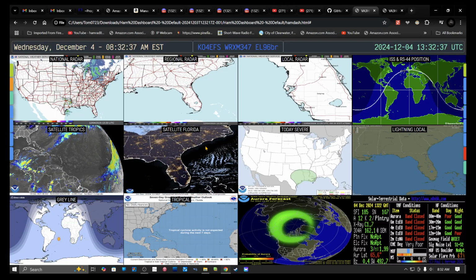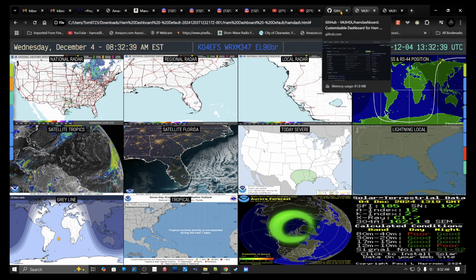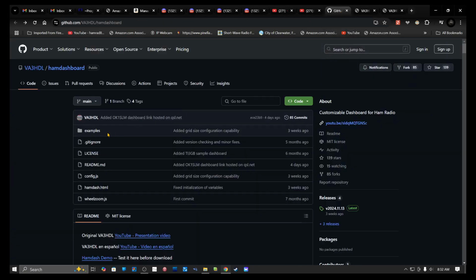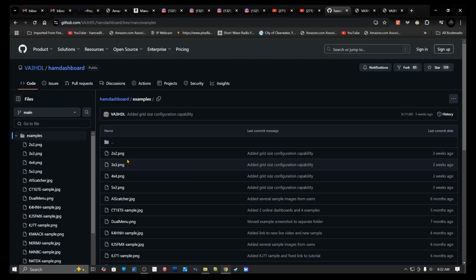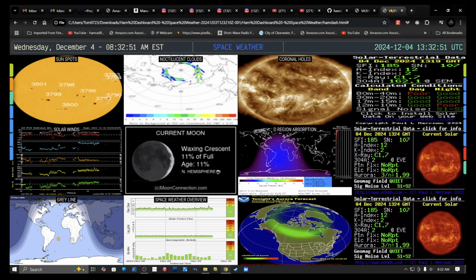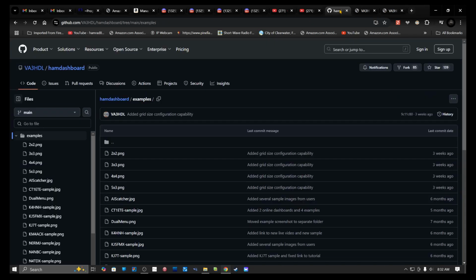Down here under the examples, here's examples of where people, instead of 4x3, 12, have made it 2x2, 3x3, 4x4, 5x, all these different